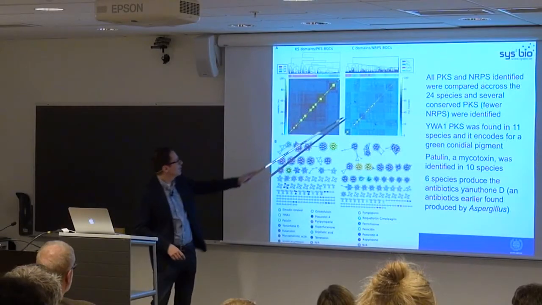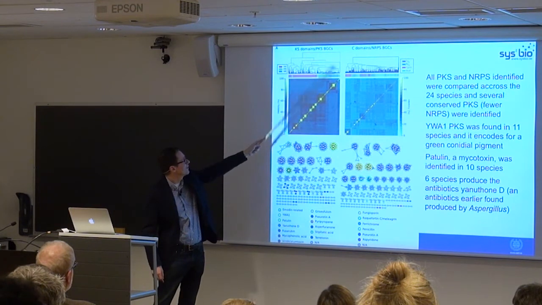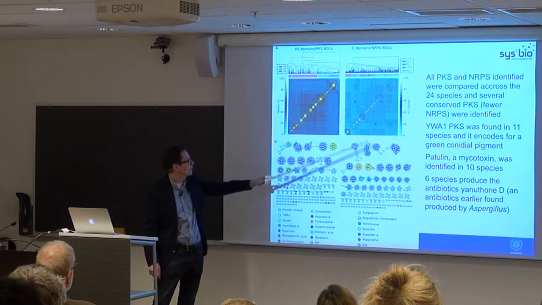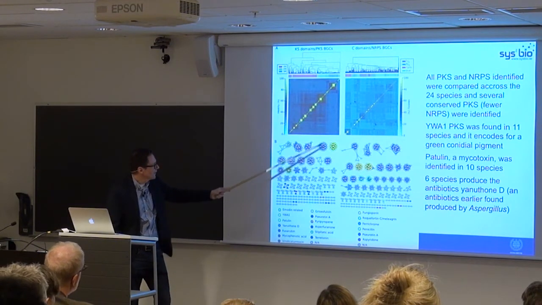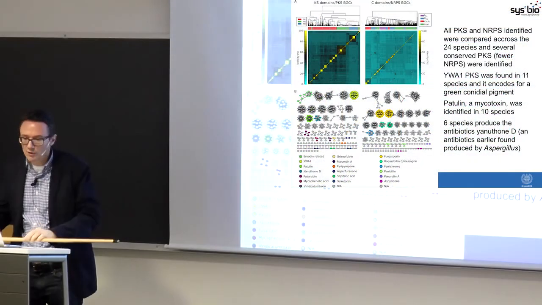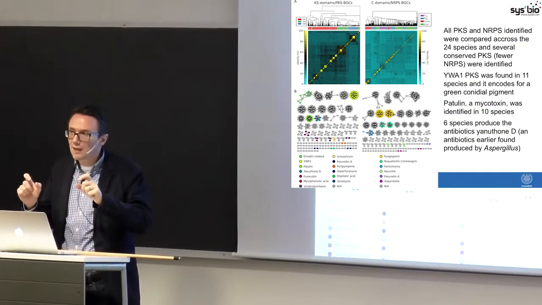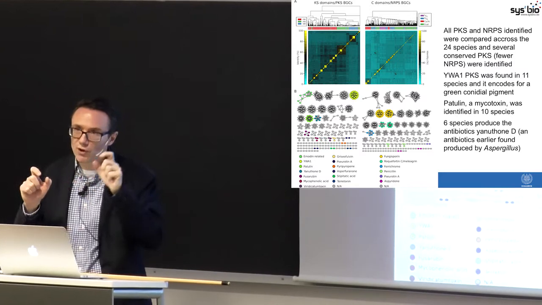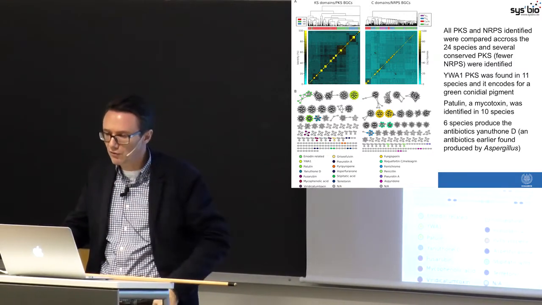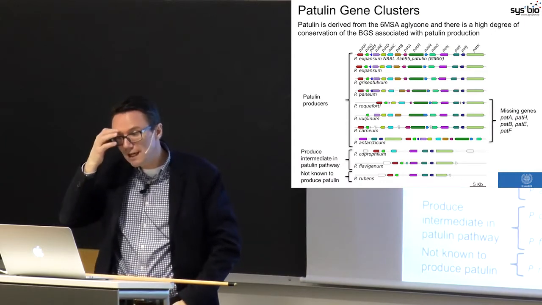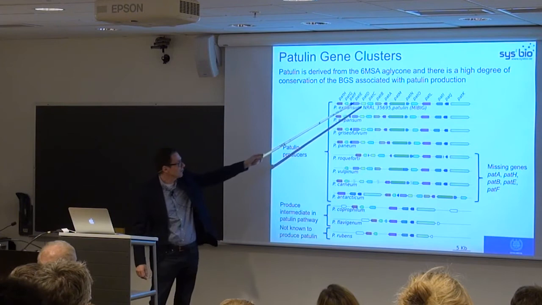But actually, there is a very large diversity, both in domains related to polyketide synthesis or non-ribosomal peptide synthesis. We could then look into some of these clusters here and identify whether all the genes in these clusters are similar, because it often involves not only production of the aglycone but also further decoration. And when we did that, we could find that, for example, for certain groups, in this case here patholine, which is a